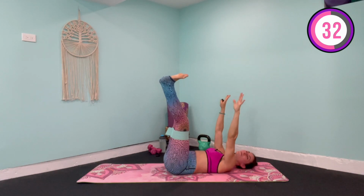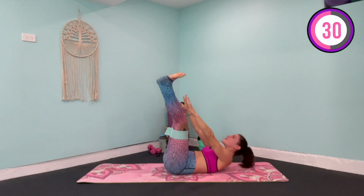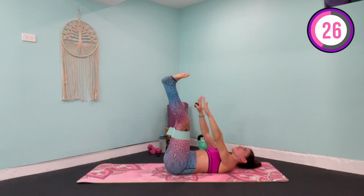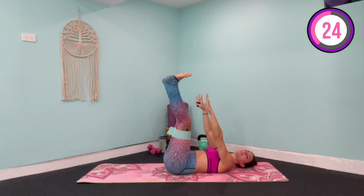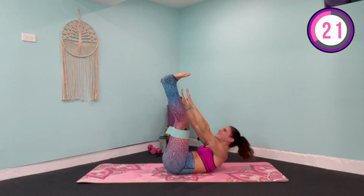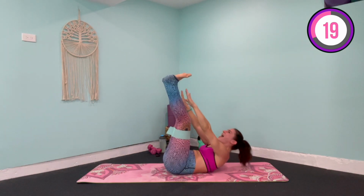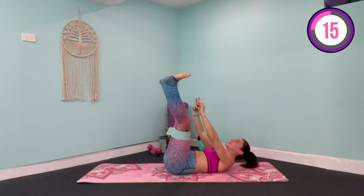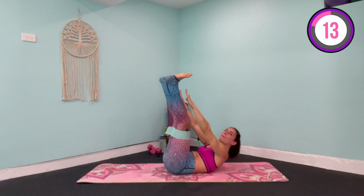There are different ways to work everything, but really squeeze those abs in, rib cage down, and think about that mind to muscle connection. You're working, the abs are working for you. You tell them, girl, you tell them that they are doing the work today, and they are gonna burn. Pull out against that band. Up, pulse, lower. You've got another 15 seconds. Up, pulse,